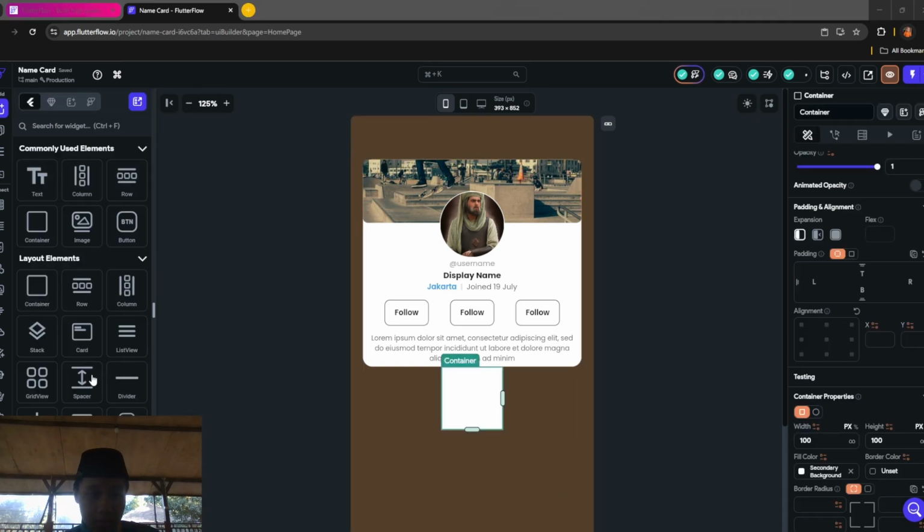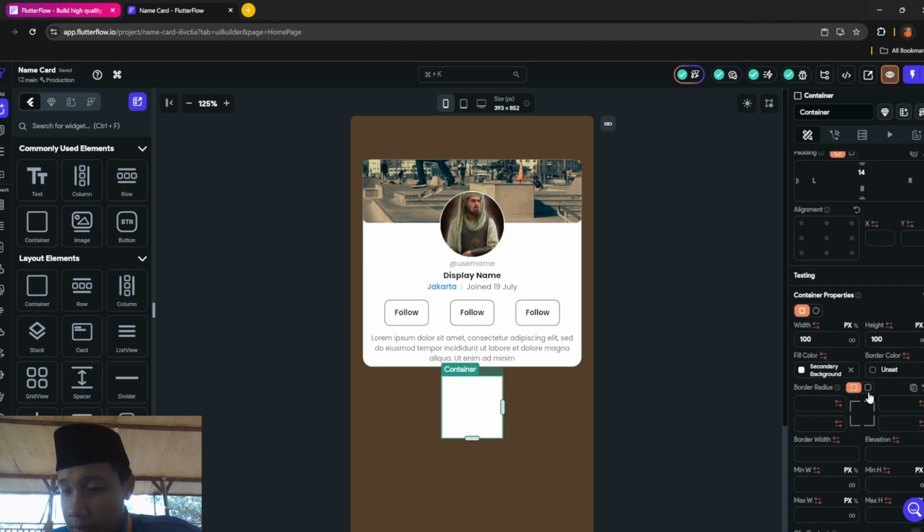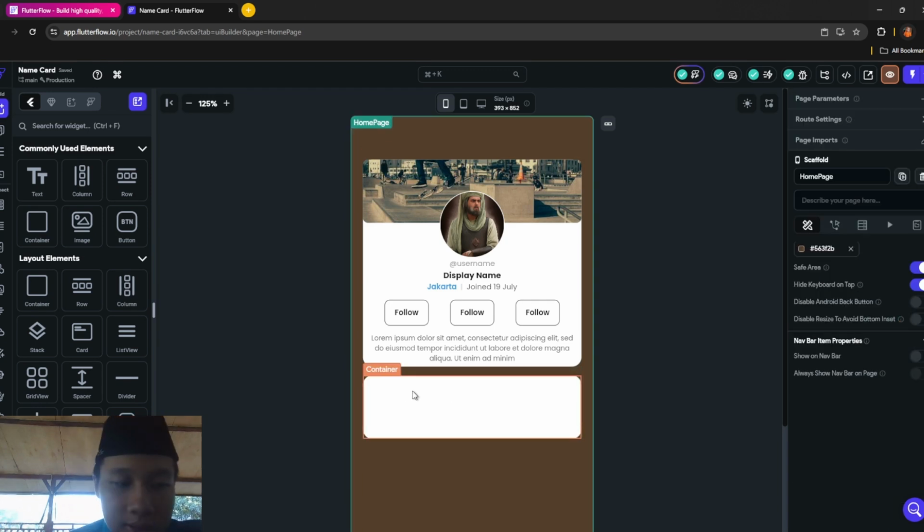After you add a new container, you want to add a column, another column, but first you want to add padding 14 and border radius 15, and then width is 100%, and let's just leave it for a sec.